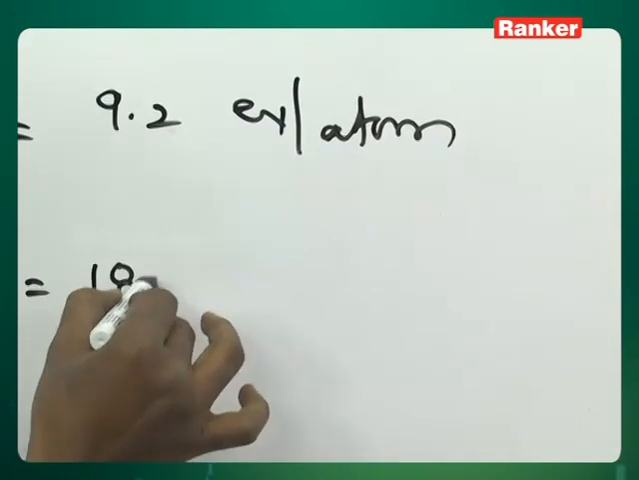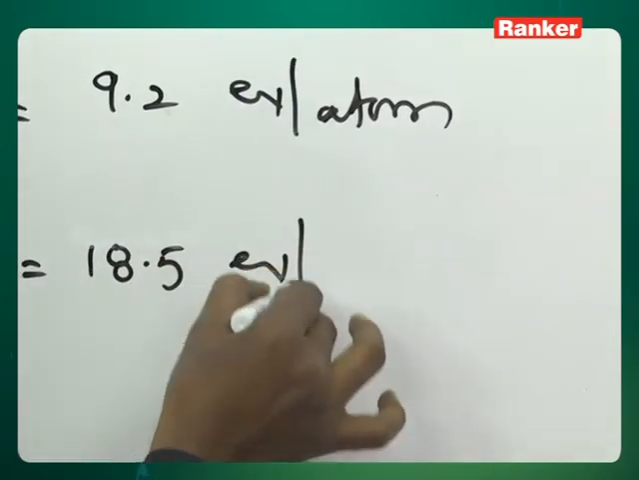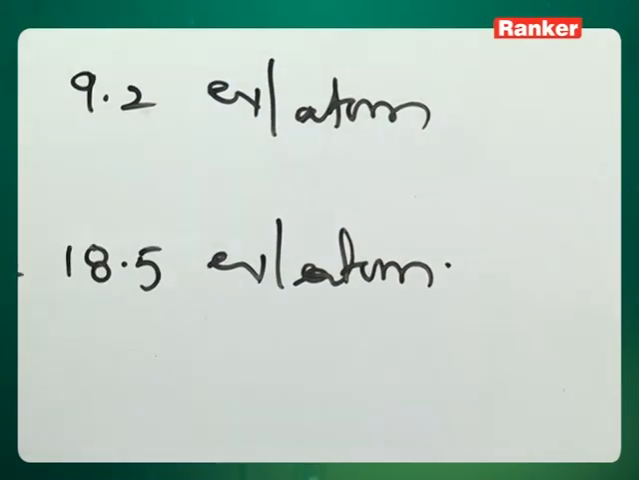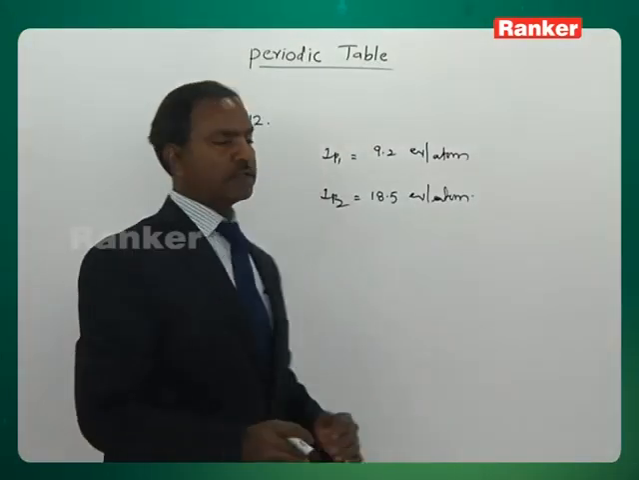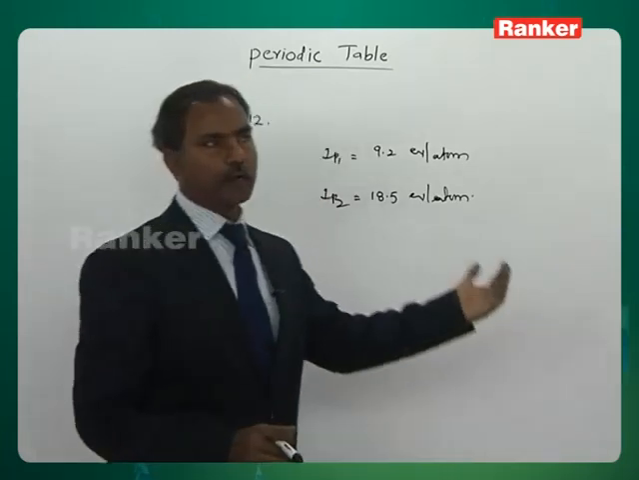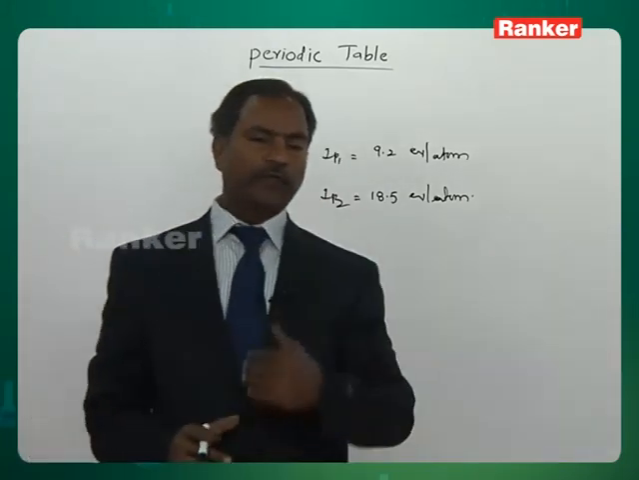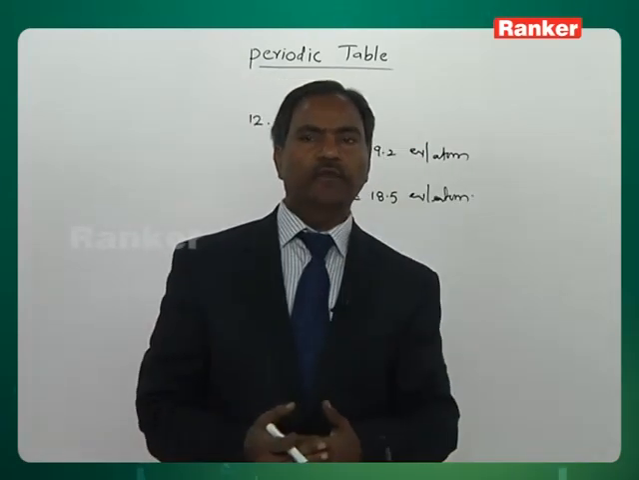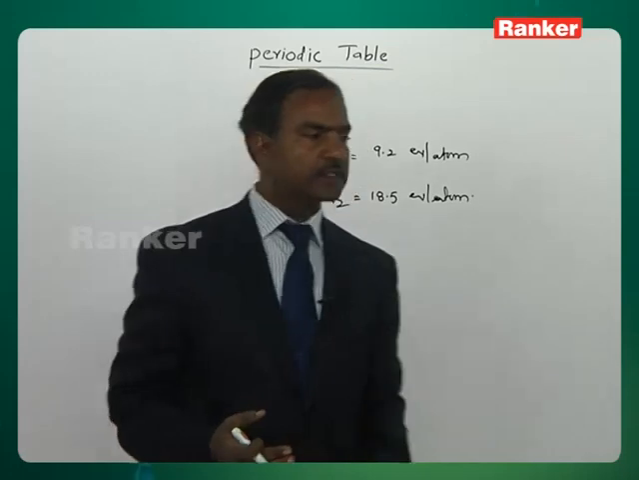Second one is 18.5 electron volts per atom. The first IP and second IP values are given. So the difference is almost double from the first IP to the second IP. From the second IP to the third IP, a large difference should be there for a second A group element, because the